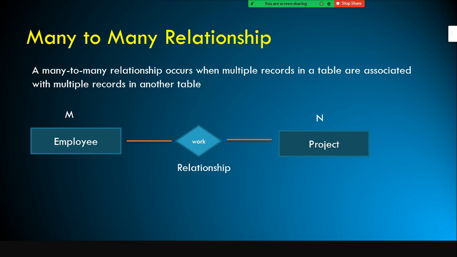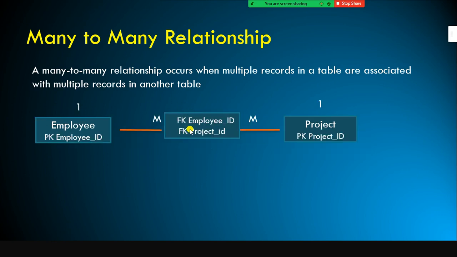See, in real life scenarios, we cannot add a many-to-many relationship to a database because it breaks the normalization rules. So to address this, we create something called a joining table. Okay, in the interview they'll ask you why you need to have a joining table. It is also called a bridge table. Okay, I'll just write it here. It is also called a bridge table.